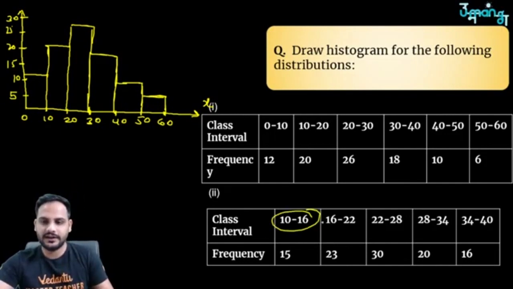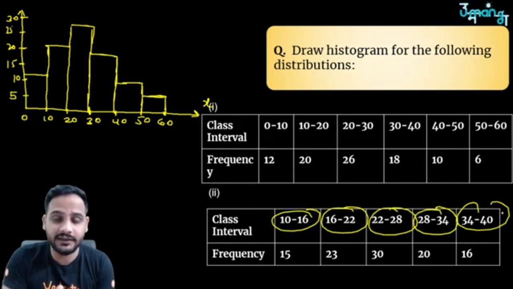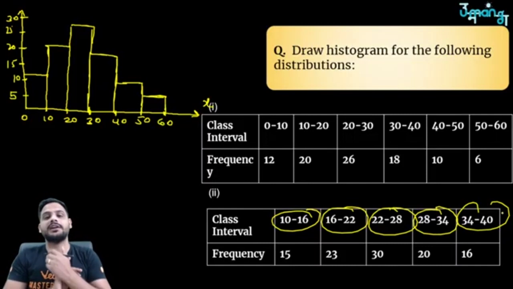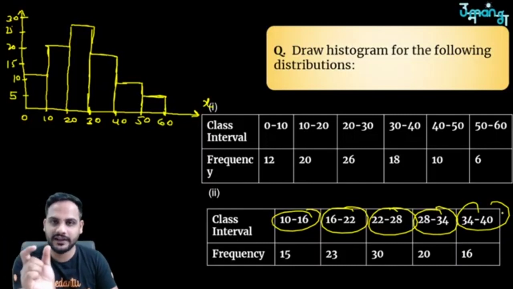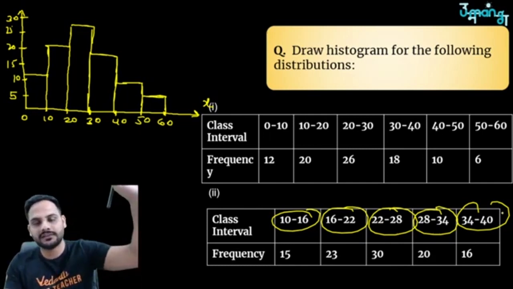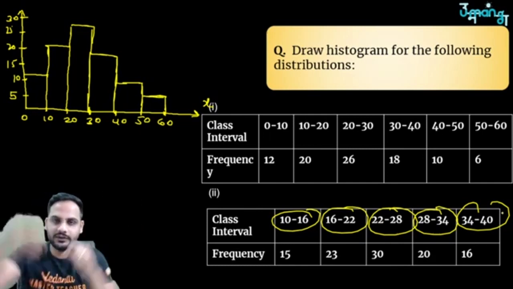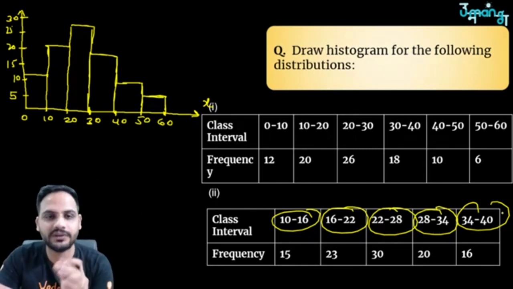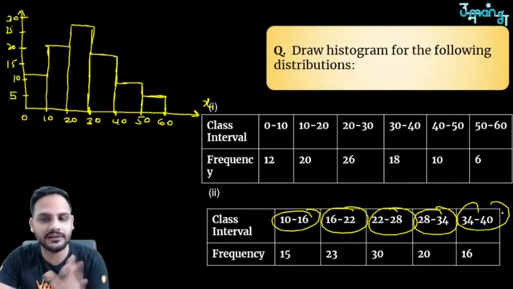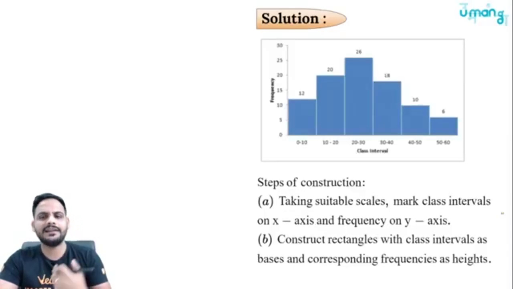First, see whether the data is continuous or not. Got it? In some cases, if the data is not continuous, you can always make it continuous. We know the gap; divide that by 2. From all the class lower limits, we subtract that value, and to all the upper limits, we add that value to make it continuous. We need to do that if the data is not given as continuous. Here it is continuous, so directly we are going to plot it.